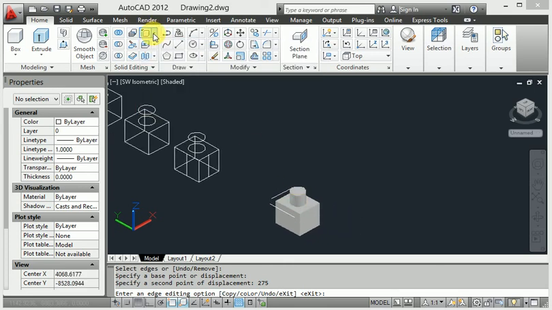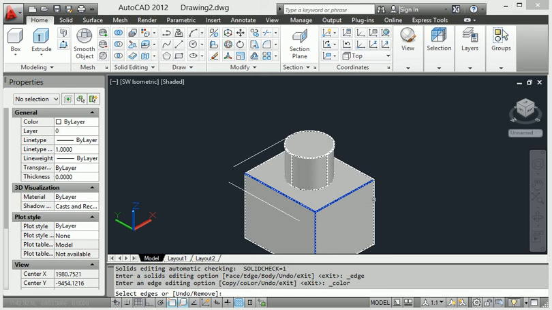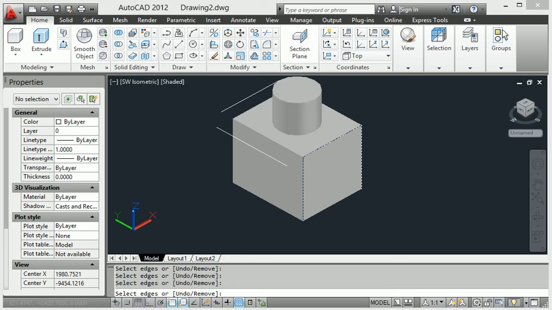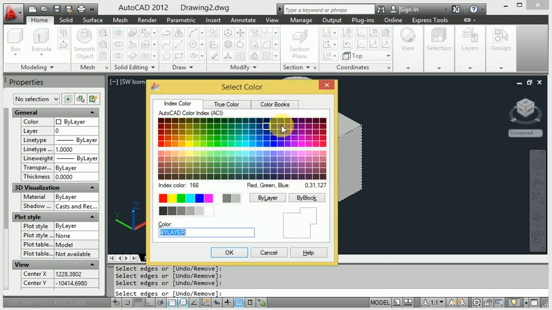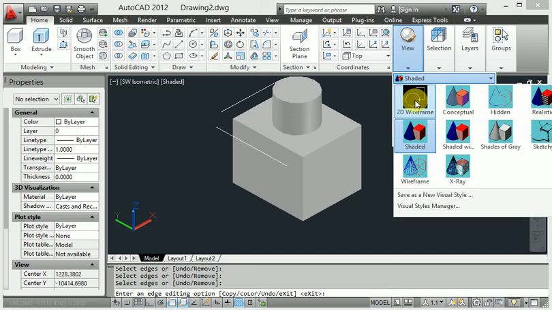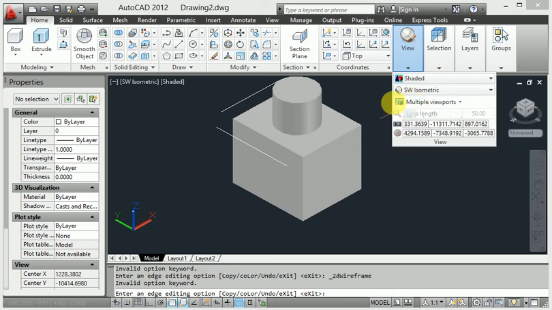Again I will show you color here. We click this particular edge, this edge, this edge and this edge, and enter. I get a different color like this. Now let's go to 3D wireframe.